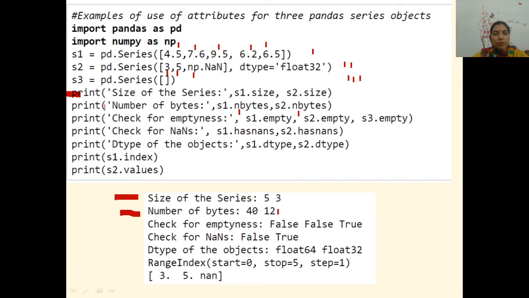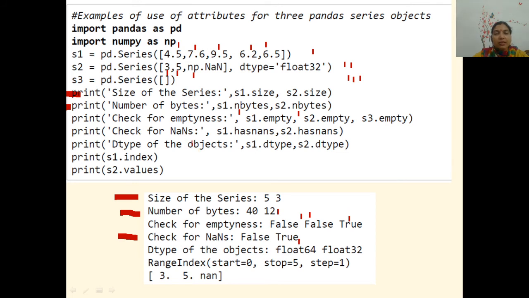The second output is also correct. The third one, let's check whether S1 is empty, S2 is empty, or S3 is empty. Just see, the first two are not empty, but the third one is empty. Correct? S1 has NaNs, S2 has NaNs. S1 hasnans must be false. Yes, it is false. And S2 hasnans is true. Correct? It is true here.